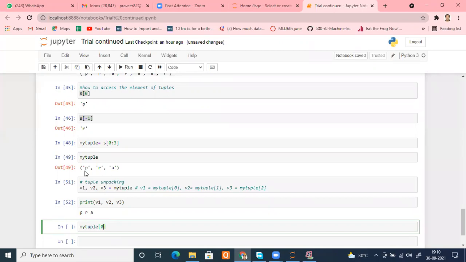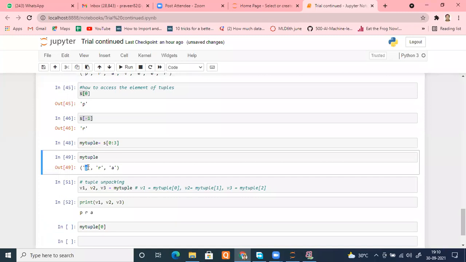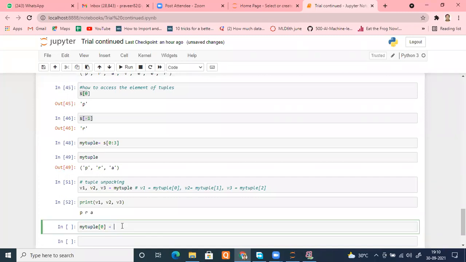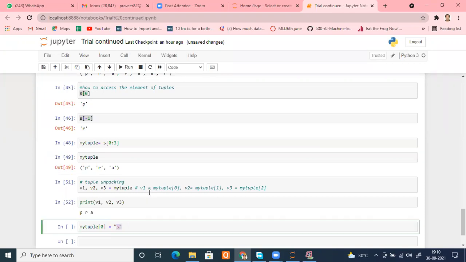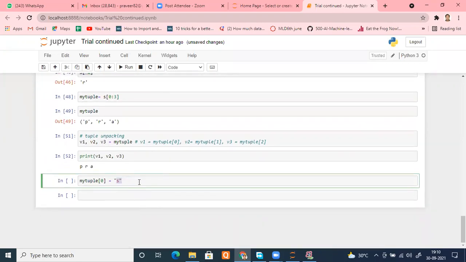I want to replace my first element, that is the 0th index, P, with another element, let's say S, by using the assignment operator. Same way, it threw an error in the string as well. A similar sort of error we are going to receive now, that this tuple doesn't support assignment.